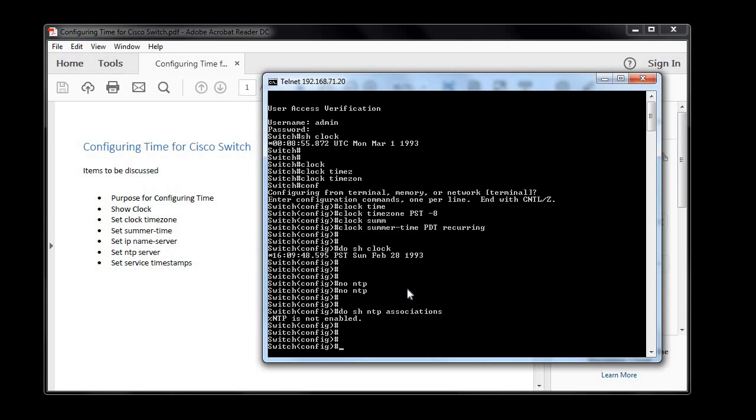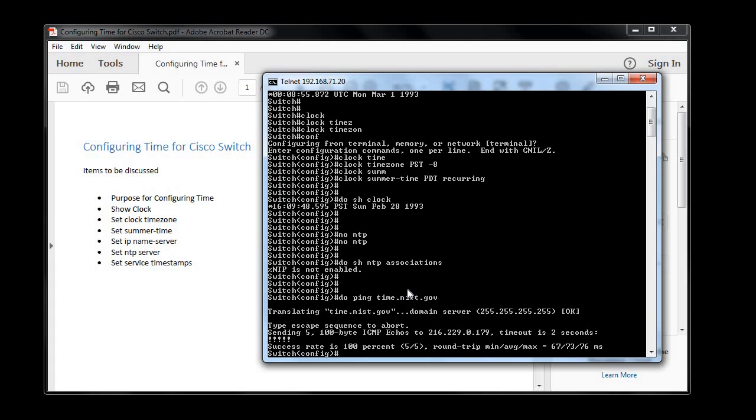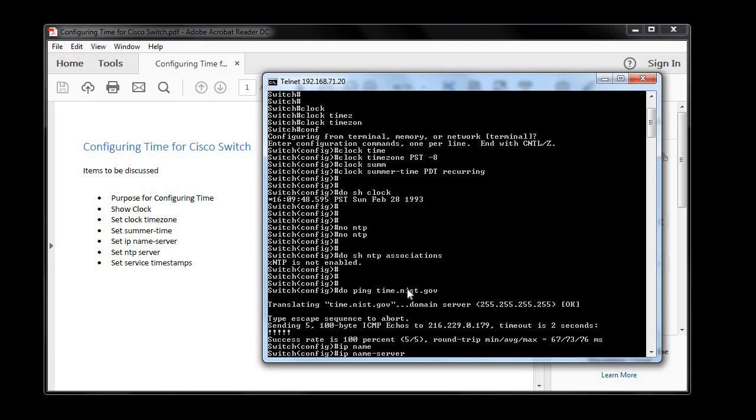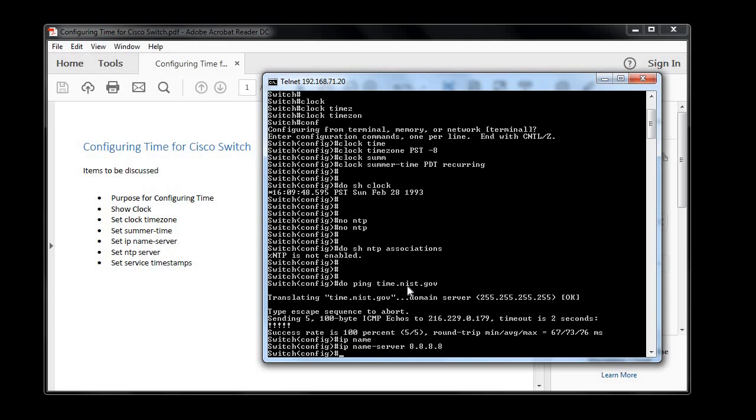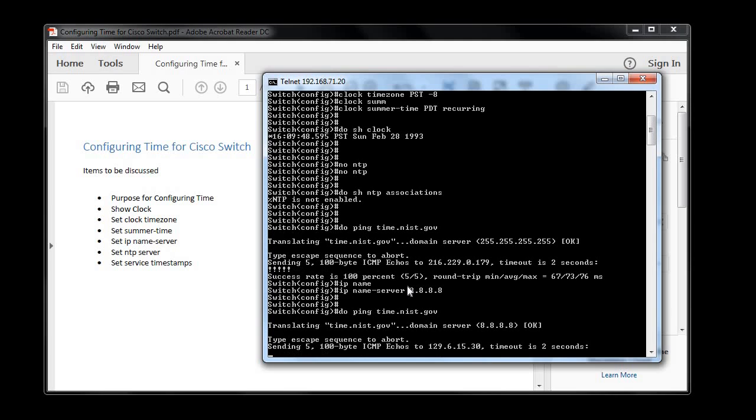Your switch may or may not be able to ping public host names. Mine currently does, but in case yours doesn't, I'm gonna ping the time server that we're gonna connect to. This one should resolve and reply, and it does. In case yours doesn't, use the IP name server, and if you have an internal DNS server, I recommend using the IP address of that. If you don't have one, you can use a public IP address as long as you can connect to it, and I would use a public IP address for this one, Google's DNS server, and you should still be able to ping